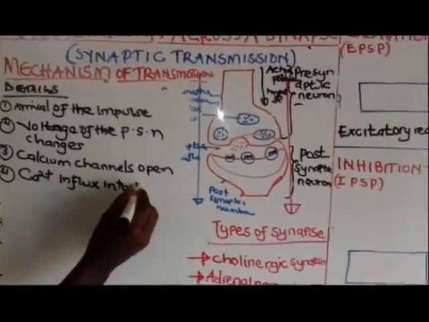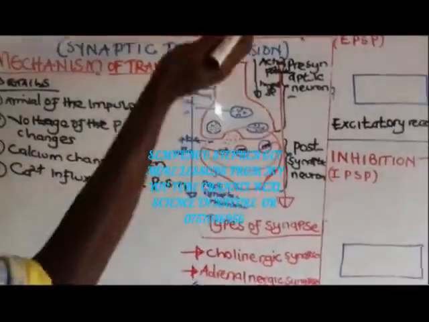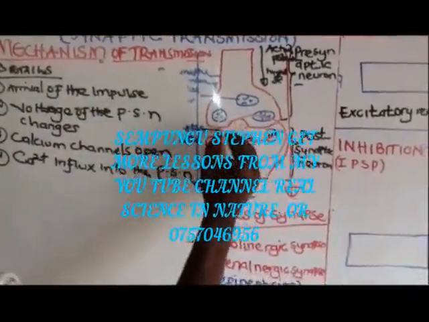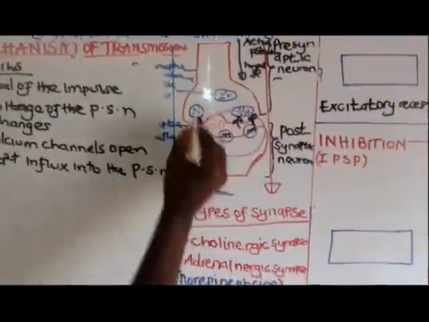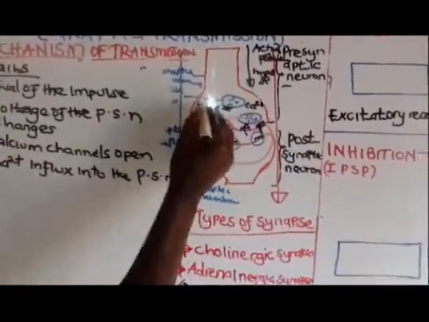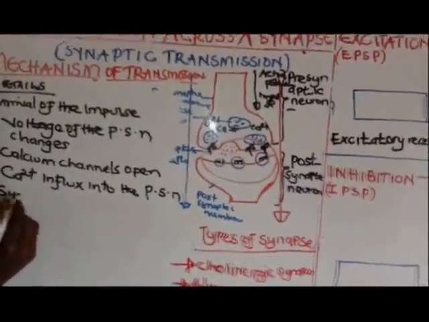into the presynaptic neuron, the upper one. Now, we are seeing calcium ions influxing here. They enter, in simple terms, from the cleft. So we see calcium ions here, many of them entering here, like that. It causes the synaptic